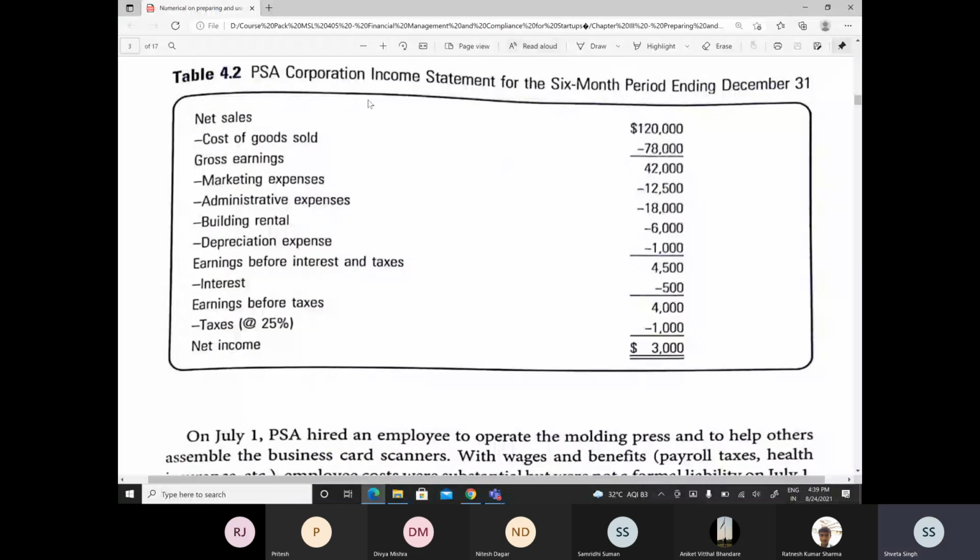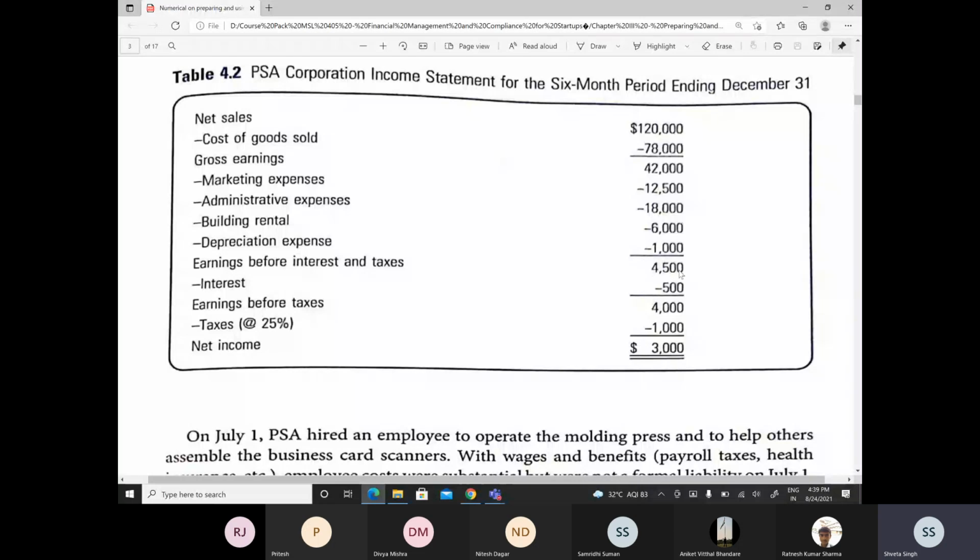PSA's income statement for the 6-month period ending 31st December. Net sales of 120,000 minus cost of goods sold gives us the gross profit of 42,000. From this we deduct the marketing expenses of 12,500. We deduct the admin expenses of 18,000. We deduct the business building rental expense. We deduct the depreciation, okay, and we get our operating profit or EBIT of